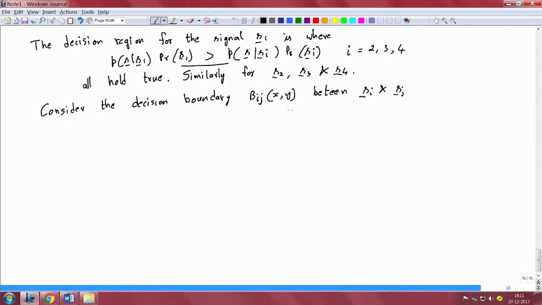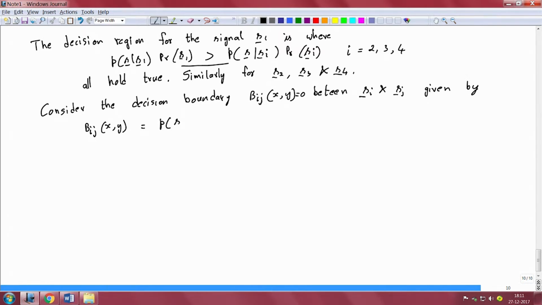So, essentially this B_ij of x comma y forms a decision boundary, where B_ij equal to 0 is the boundary between the Si and Sj regions, which is given by B_ij of x comma y,